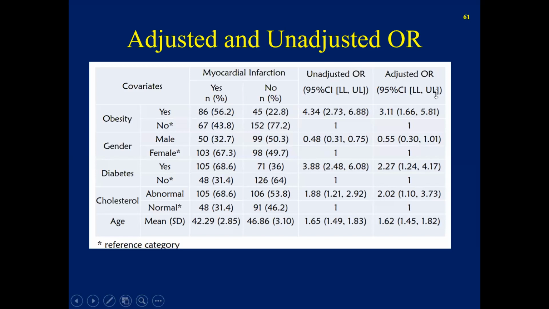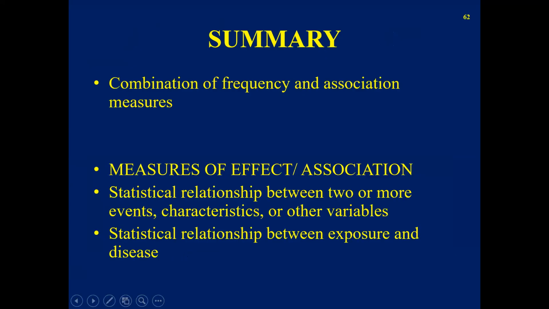Now we have to see all these factors together, after controlling for the effect of one variable, what will be the odds. That is more valid, right? Because we are considering all the possible factors or variables together and then looking at the effect. That's called adjusted odds ratios. Usually when we report in any studies, we give both unadjusted and adjusted odds ratios, and adjusted odds ratios are considered to give better evidence as compared to unadjusted odds ratios.